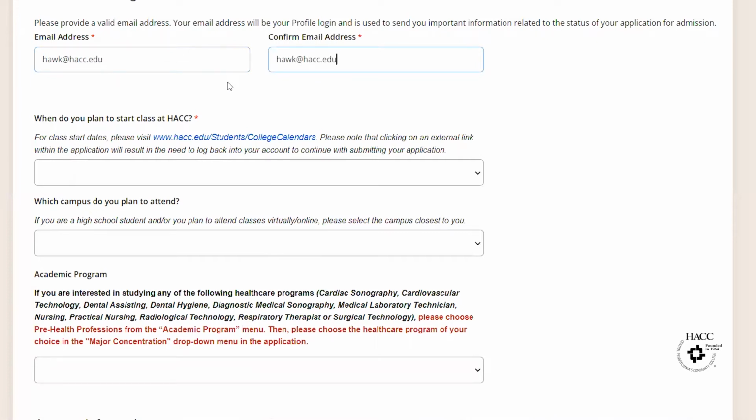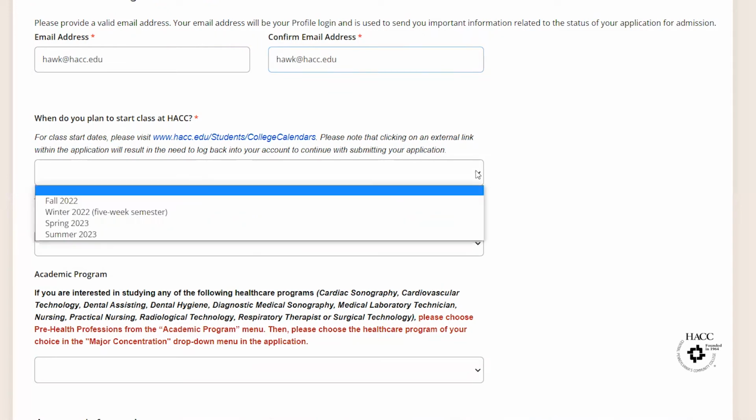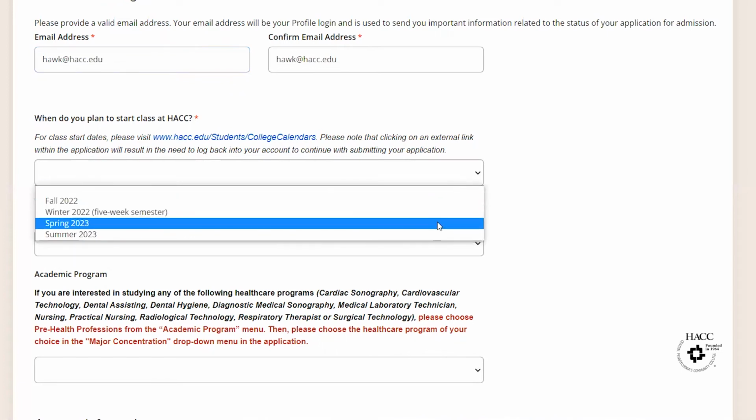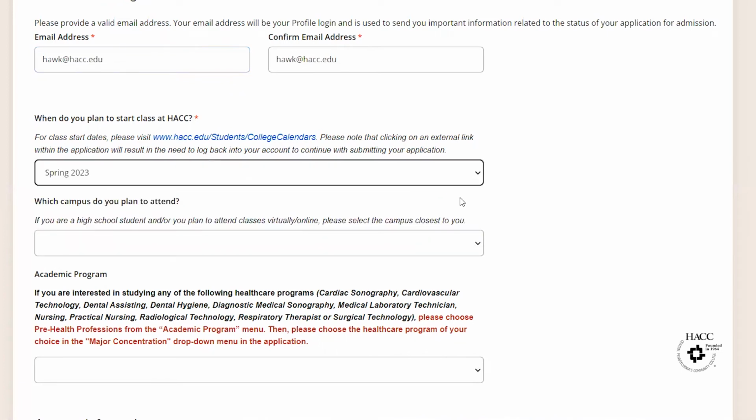This email address will be where you'll get updates regarding your account and regarding your application. Moving down to when you would plan to start your classes at Hack, there is a link to our college calendar where you can view our class start dates. And in the drop-down menu here, we can say that Hemingway Hawk wants to start taking classes in spring of 2023.